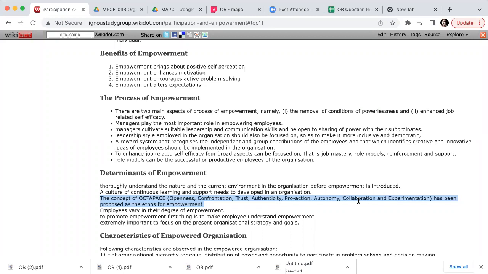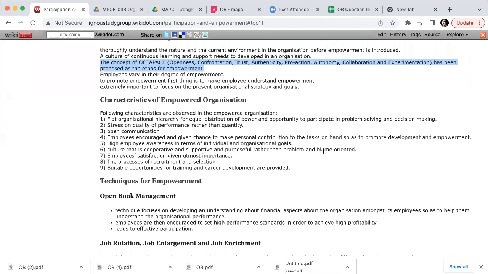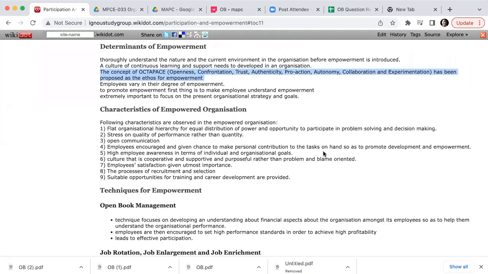Having said that, you are giving freedom to all the employees, but your organizational goals and strategy should always be under review, to make sure the focus is on the organization rather than anything else. It's not like you have a set of individuals who are empowered and taking decisions to fill their own pockets, not the organization's, right? So that is about the determinants.